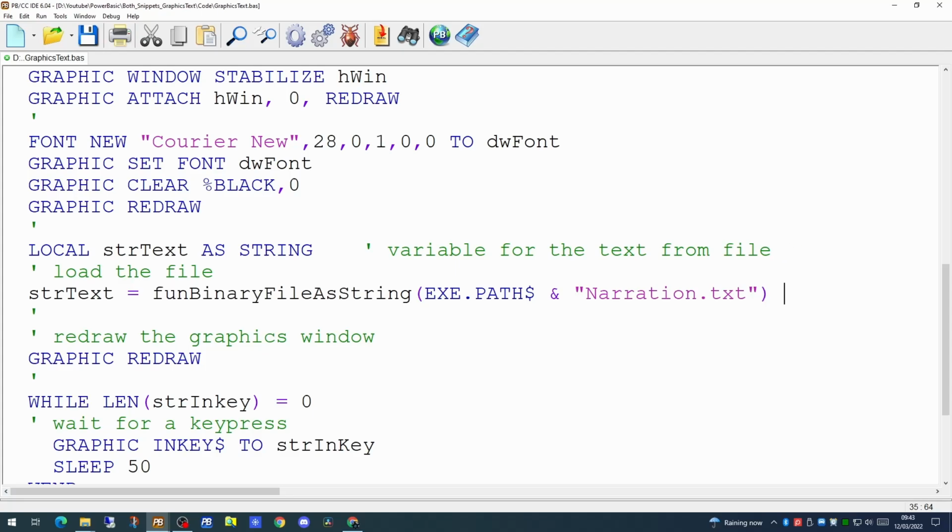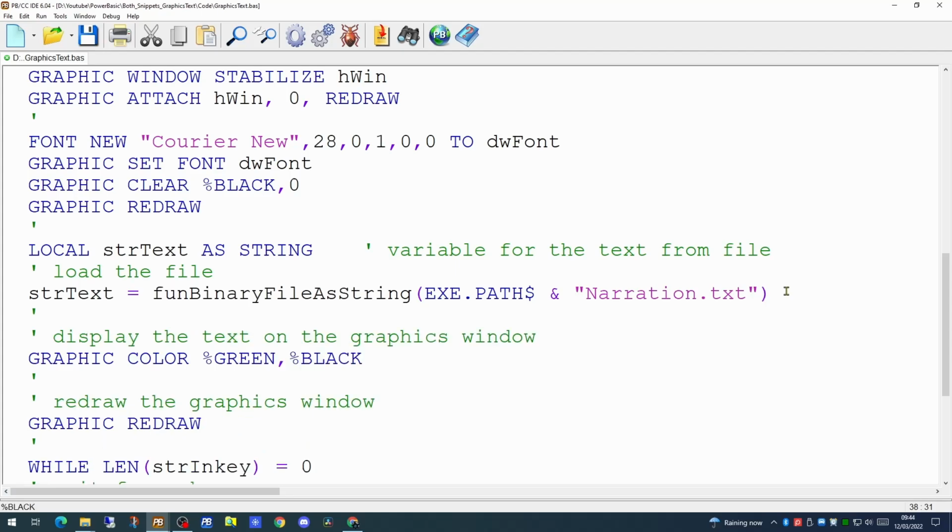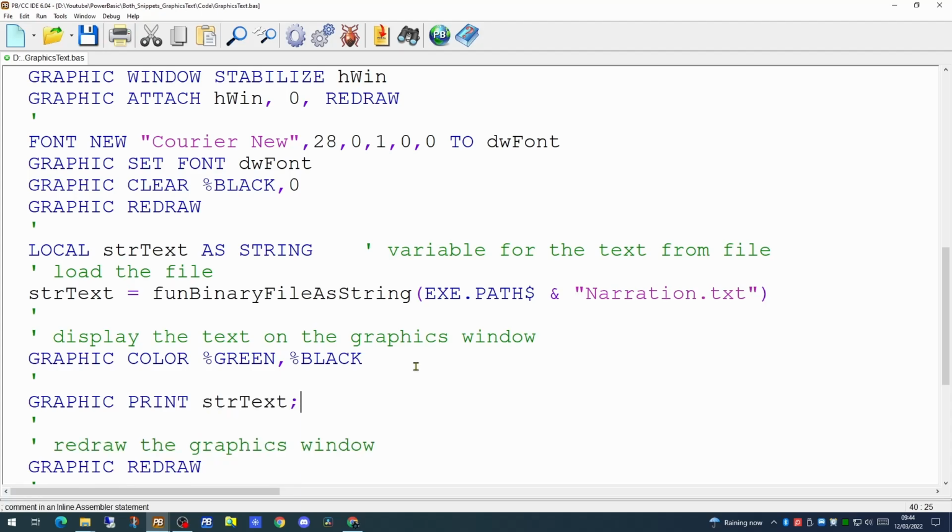So now that we have the text loaded into that variable, how can we display this on the screen? Well, first of all, we'll set the colour of the text we want to appear on the screen by simply using the graphics color command to have the foreground of the text in green and the background as black. And then using a straightforward graphics print command, we can take the data that's in that text variable and display it on the graphics window. So if we run that application now,